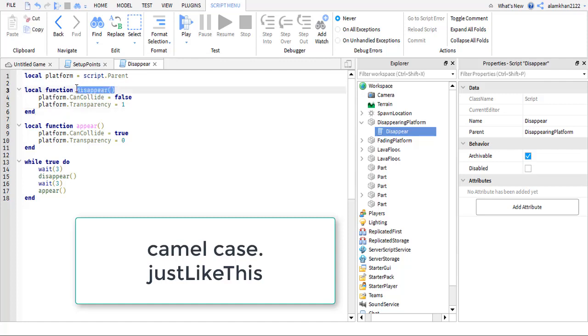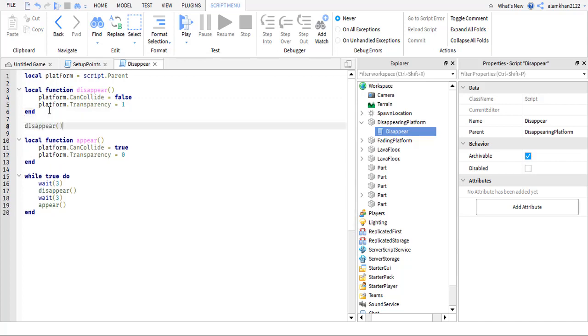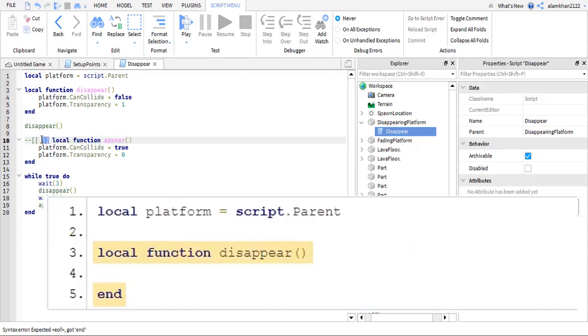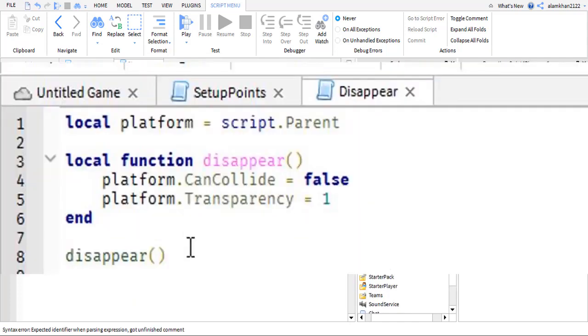Part 2, Functions. Disappear function. Time to make the platform disappear. It's always best to group code for achieving a specific action into a function. A function is a named block of code that helps you organize your code and use it in multiple places without writing it again. Create a function in the script and call it disappear. local platform = script.Parent, local function disappear()